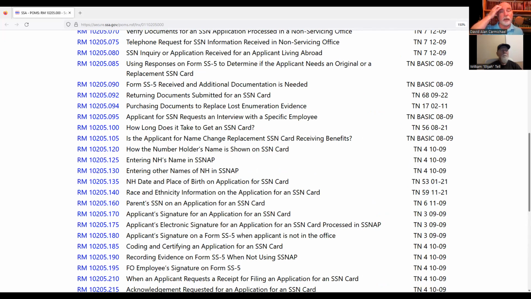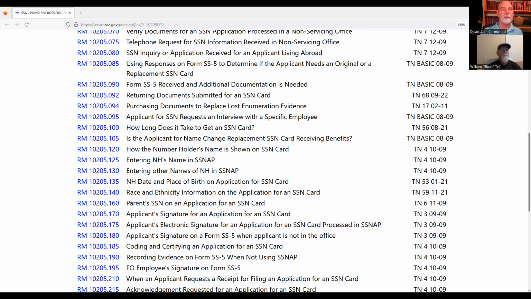I'm not going to go to the procedure for somebody trying to talk to a specific employee. Notice it's numbered 95. Go down to the next one, 100. How long does it take to get an SSN card? What I'm going to show you in a minute is there were previous assignments of the same numbers that are particularly used for unnumbering a numbered child. And they're not here. They've got a process for unnumbering a child's name being put on one of their record numbers, and it doesn't exist suddenly.